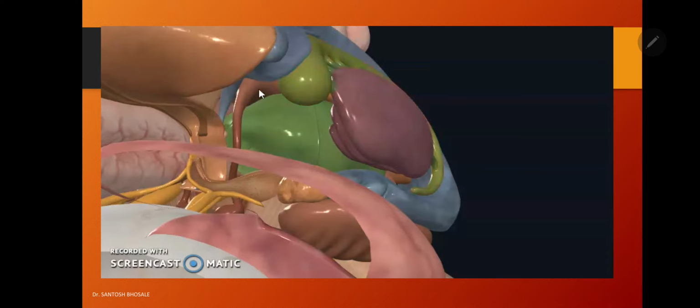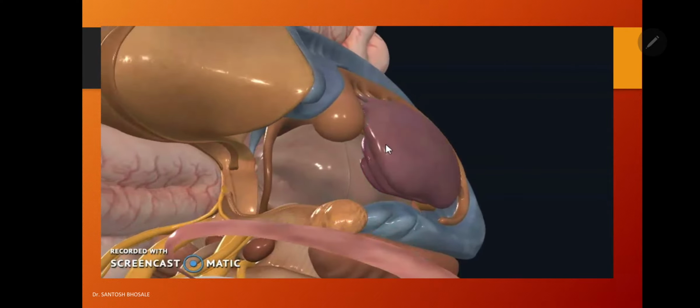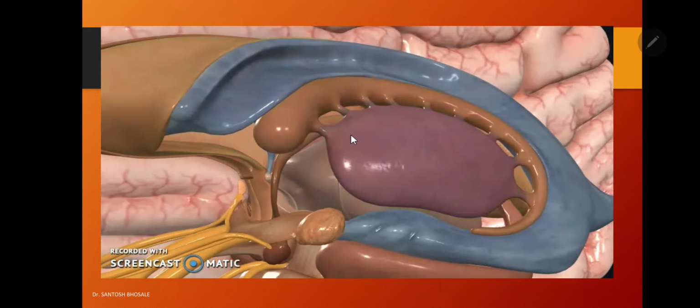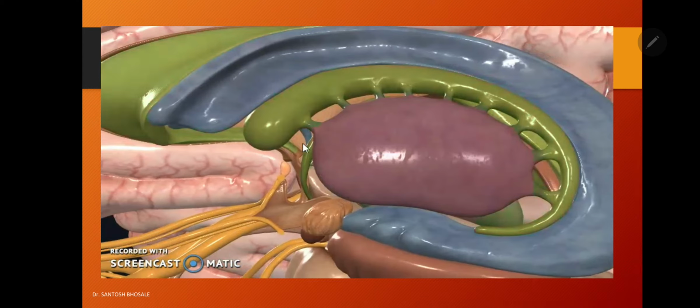You can again notice, that is the caudate nucleus, that is the fornix, the column of the fornix and the body of the fornix, and you can see the corpus callosum there. And if you isolate these structures, you will have the idea, so it is surrounded by which structures. That will help you to understand the relations in detail.